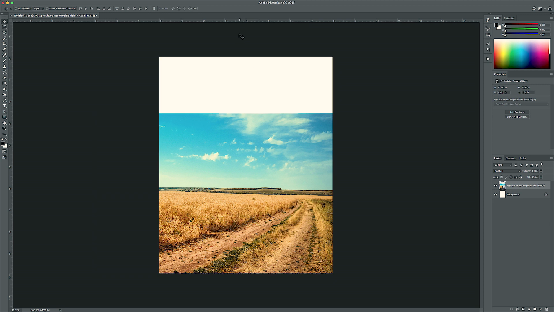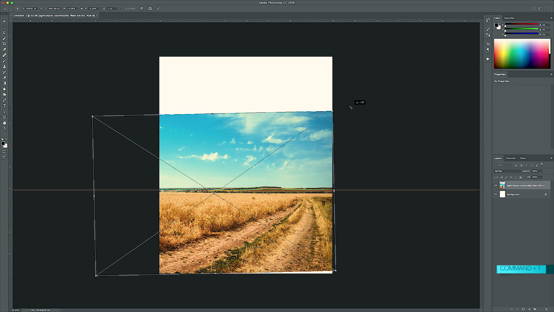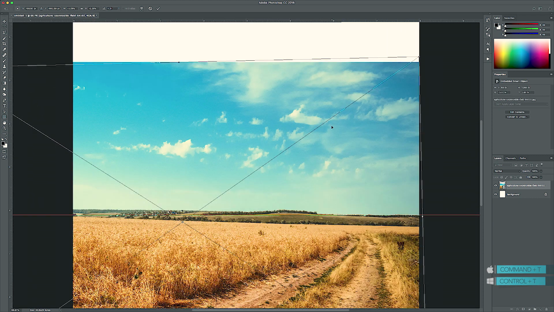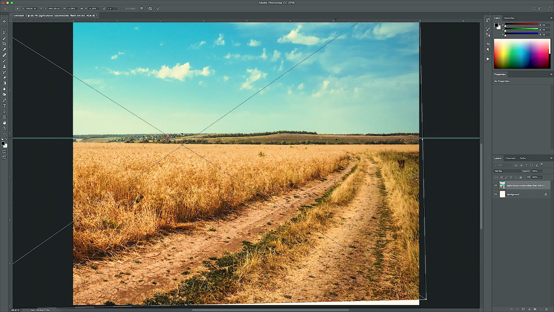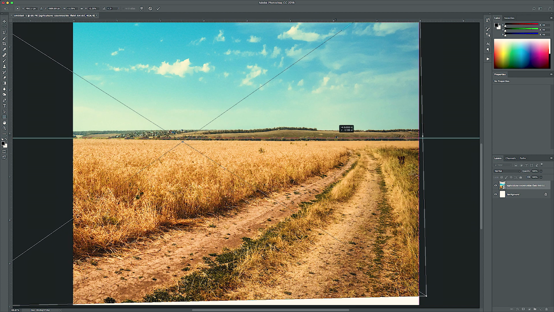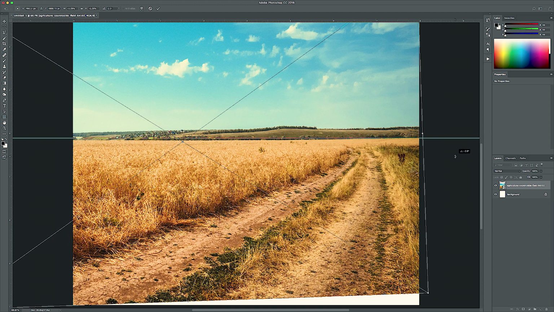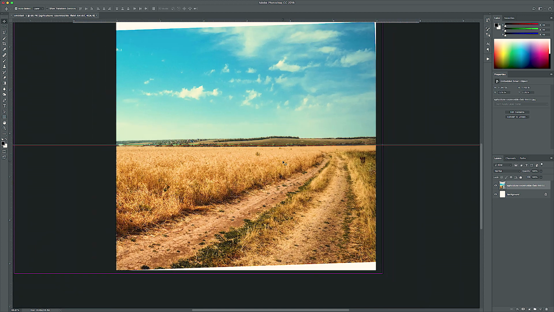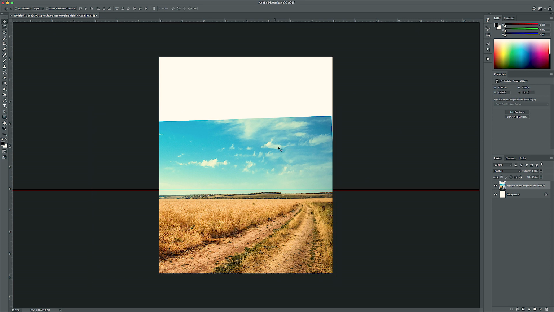And the first thing I want to do is straighten a little bit that horizon that you see there, which is a bit crooked. So there we go, like so. Let me zoom in a little bit to make sure everything's good. Still a little bit, there you go. That's good. Hit enter and position it really nicely there. Get rid of the guide and let's